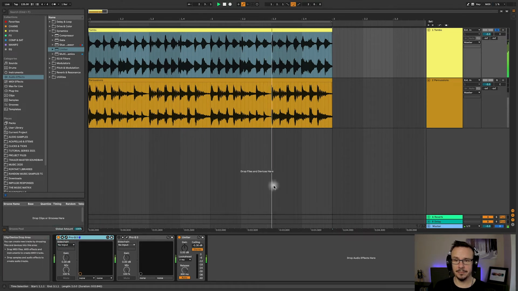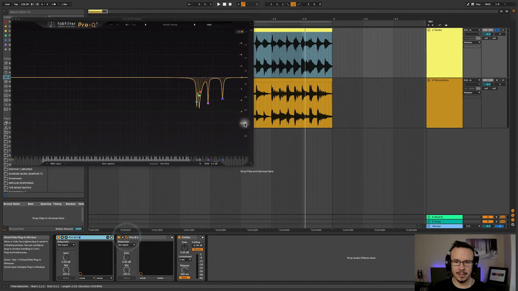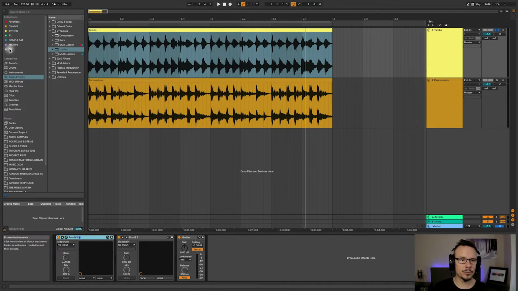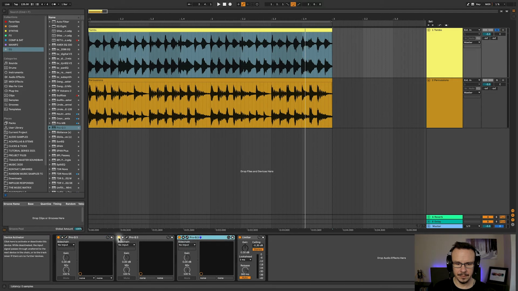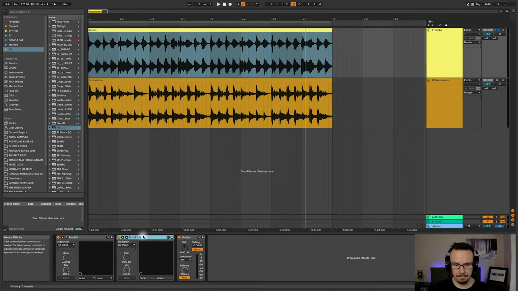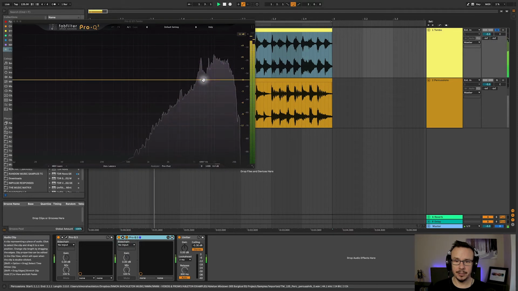And this is a very different sound. So this has a much smoother feel to it. Now, if we add another instance, in fact, I'll take that one off, and we'll just add another instance of the Pro Q3 here, and delete this one. And with this one, what we're going to do is just use a little bit of shaping EQ to show you that, and this is going to be on a very gentle band,